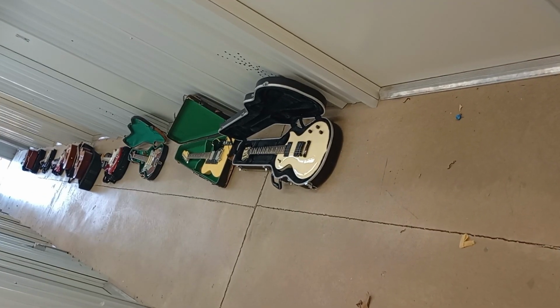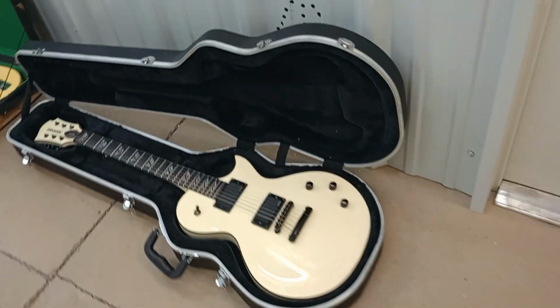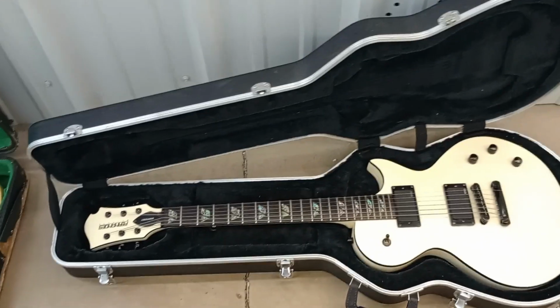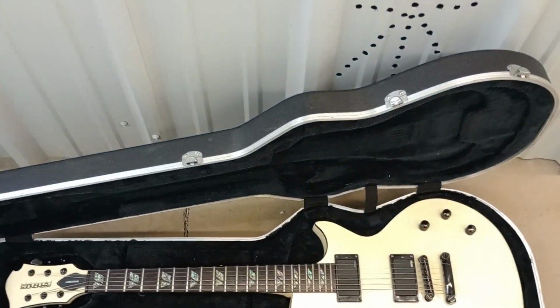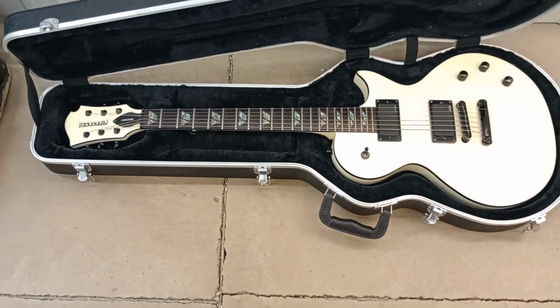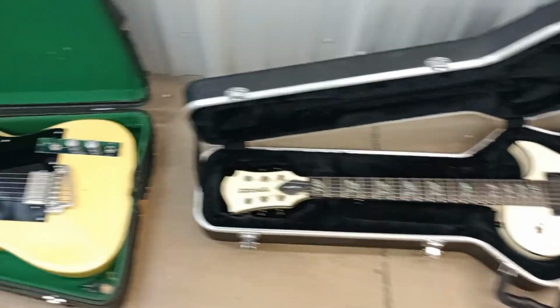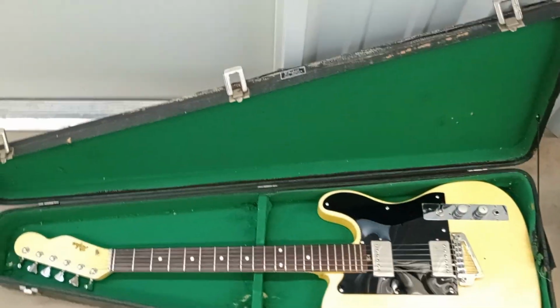Okay, there's all the guitars. The first one is that Fernandez Monterey. This is the one I pulled out of the deal. This one didn't actually become part of the trade, so I pulled it out. Now, for what I did trade it with, this is a